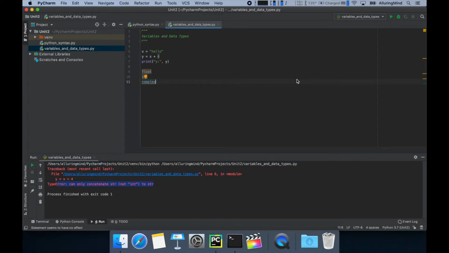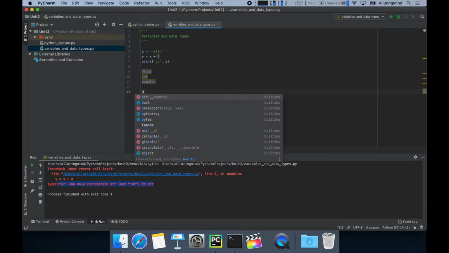Notice how they turn purple after typing them. This is because they are already built into Python, so Python knows exactly what we're talking about, and it recognizes the special keywords, such as float, integer, and complex, as data types. Additionally, we have Boolean data types. This includes bool,